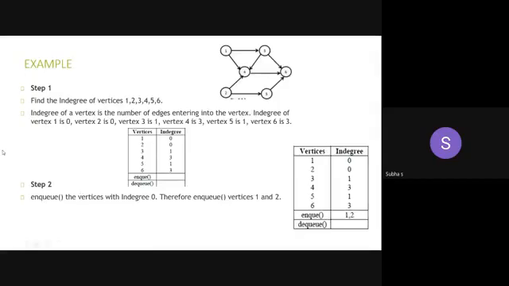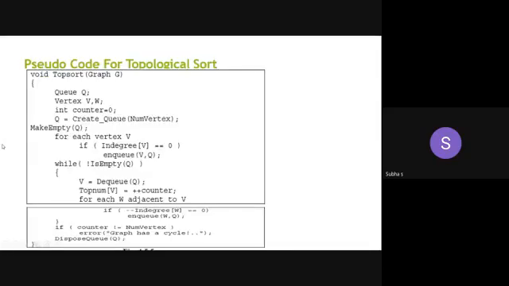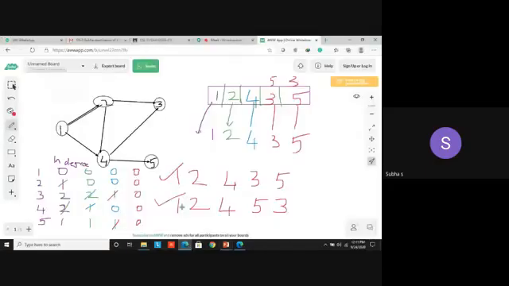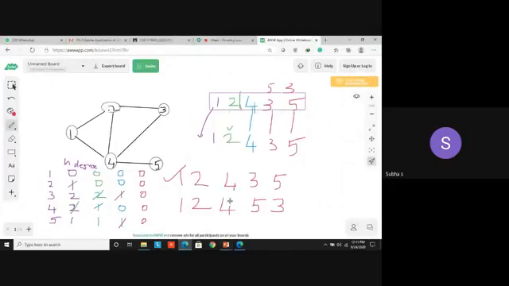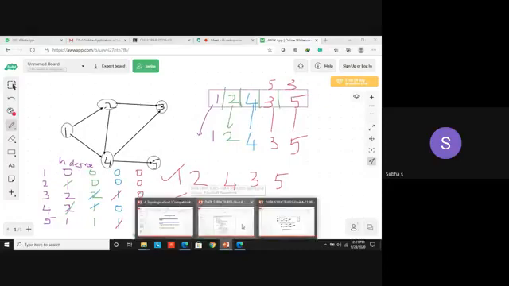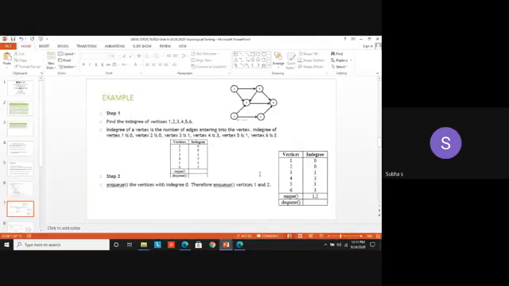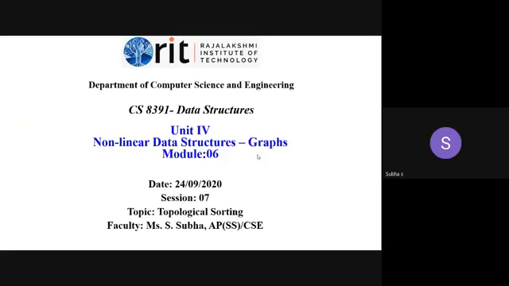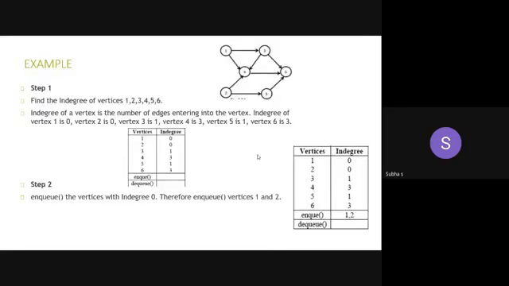Okay. Now look at the graph. I will draw it, then you can have some other example. You draw this graph. You have to solve it and come for the next class.